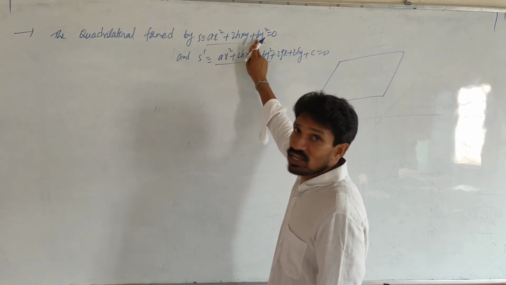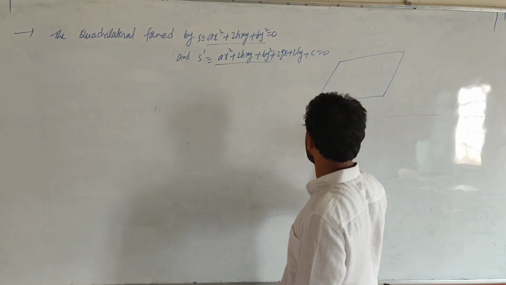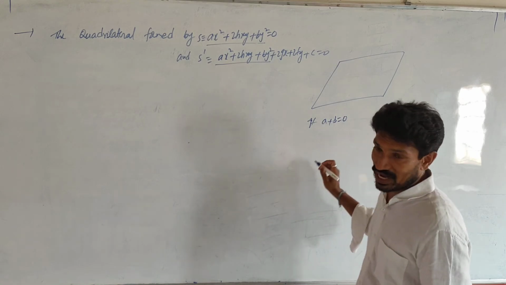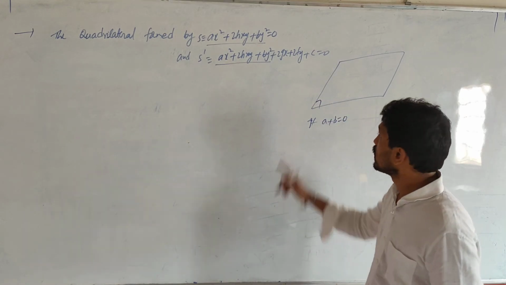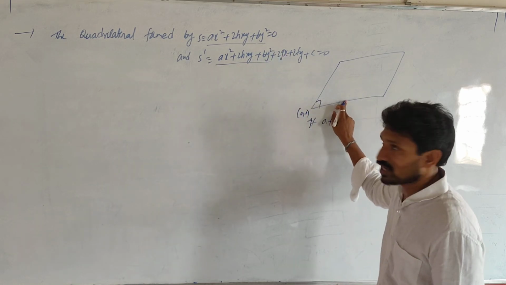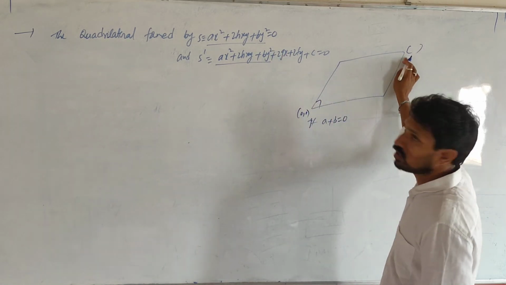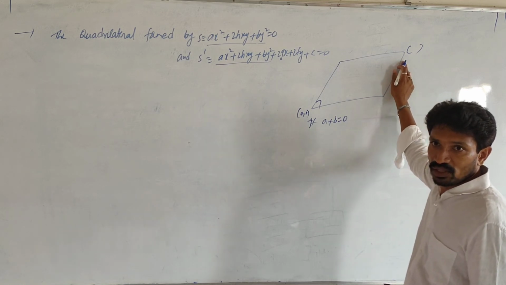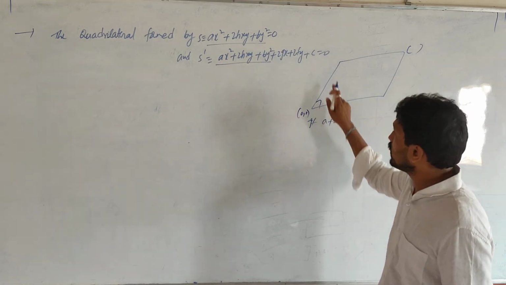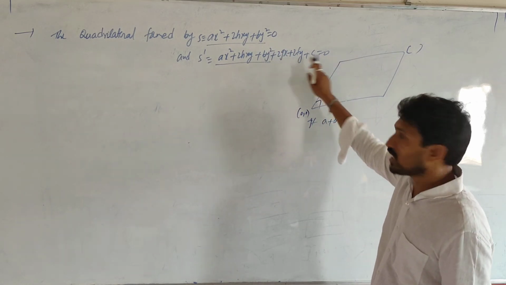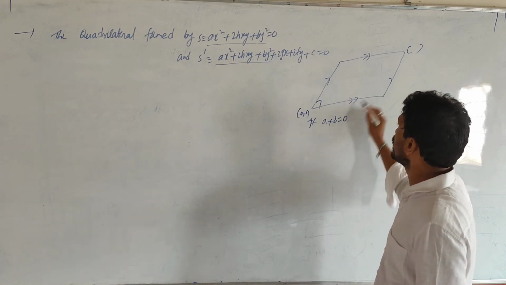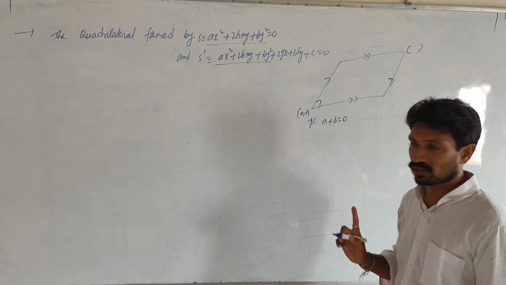If a plus b is equal to 0, one thing you can say, then the angle between the pair of straight lines is 90 degrees. See, let us take the origin 0, 0. These two lines are passing through the origin, and these are not passing through the origin. This pair of straight lines is this one. Then automatically this pair of straight lines is nothing but this one, and this is parallel to this one, and this is parallel to this one. Very clear. Just remember.